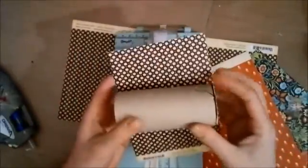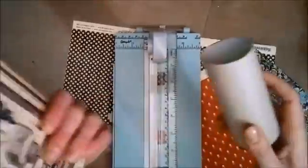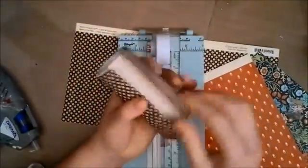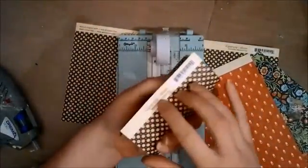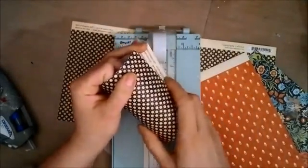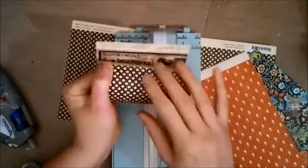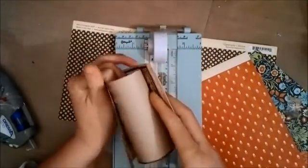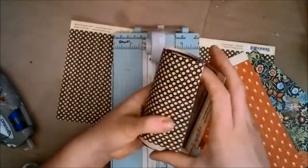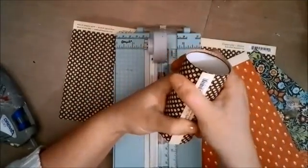Cutting the paper the size of my toilet paper roll, and I was lucky enough to have this piece. This is from the typography collection, but it goes very well with the couture collection, so I'm just going to use this as the base for my toilet paper roll, to cover it. And it was the perfect size already,